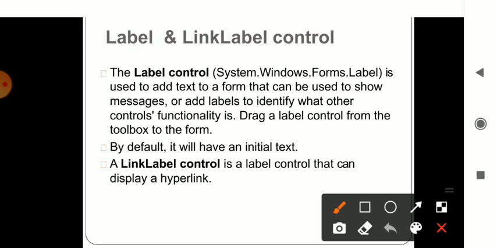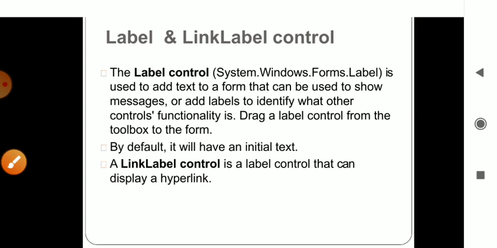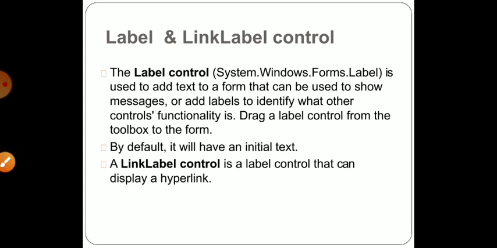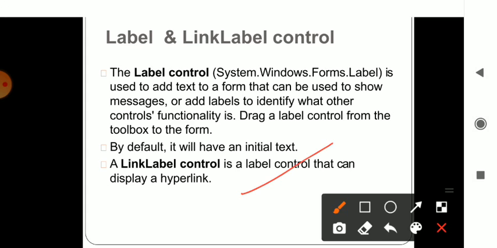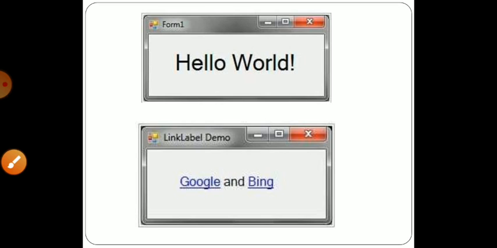By default, initially some text would be there on the label, that is label1, label2, label3, like that. Okay, you can change it by using the properties. You have to go to properties. In the text box of the label in properties, you can change it with your specified name, whatever you want. Okay, and the label control can even give a link to another page. From one label to another label, you can give a link also, and you can specify that on the screen.